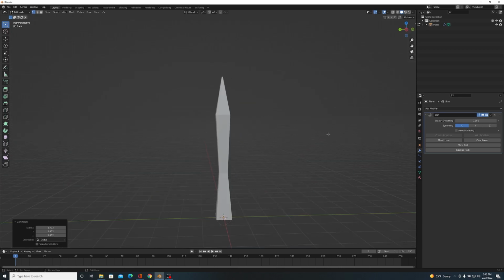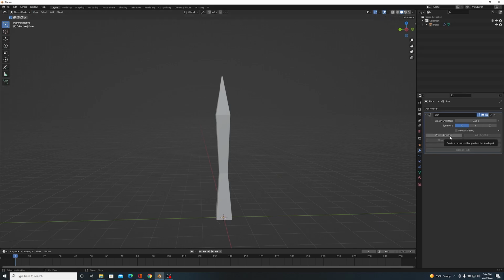Beautiful. All right, so one thing to point out is if you're looking on the modifiers section here, you're going to see an option that says Create Armature. Now, if you're following along for this video, we're not going to click this. This is not going to be something we are going to use, because we're actually going to make the armature ourselves. But if you want to, you can select this. The only problem with using the Create Armature thing is that it limits you on certain things. When you convert it to a mesh, the armature can get a little messed up. If you export it as an FBX and try to load it into another .blend file scene, you're going to have some issues with the way that the skin modifier and the armature from that modifier loads in.